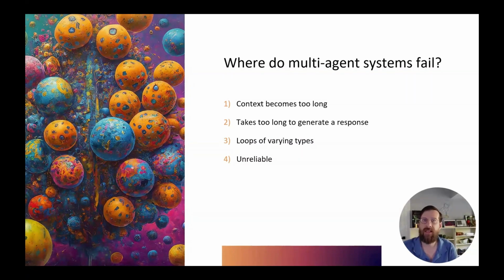Another problem is where it takes too long to generate a response. So if I've got 4 agents in a dynamic chat, and I'm allowing multiple rounds, it might take 2, 3, 4 minutes to come back with a response, if not longer. Now, whether or not that time is worth it for the quality of response, that's a long time to wait. People aren't used to that from these kind of systems. So that's another significant limitation.